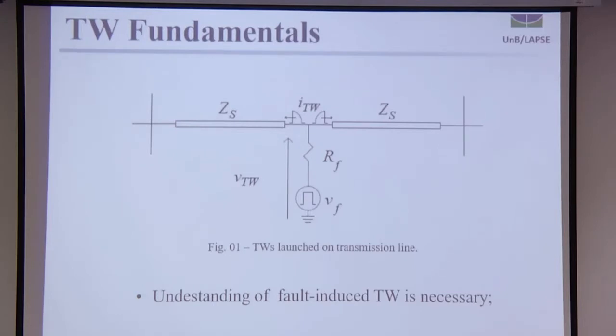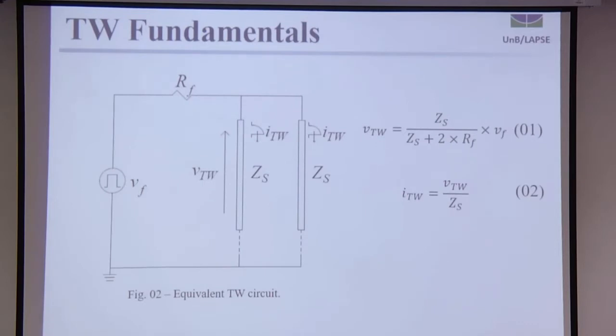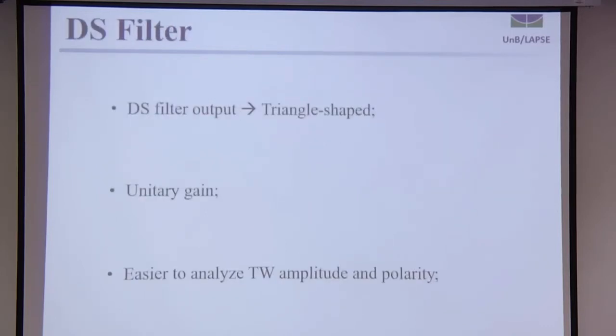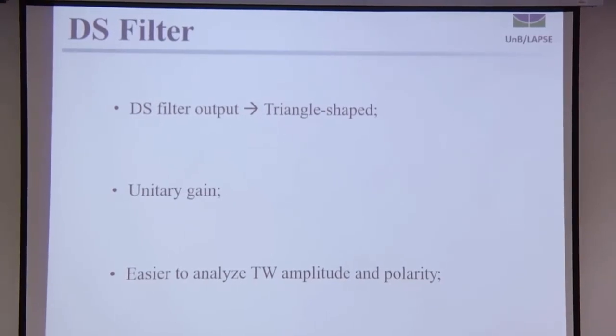In this paper, figure 2 presents an equivalent circuit that can be taken into account to calculate the voltage and current TW at the fault inception time. By equations 1 and 2, we can clearly see that the voltage TW amplitude can be calculated by the voltage divider between the fault resistance and the parallel of the line surge impedances. The current TW amplitude can be calculated by applying Ohm's law between the voltage TW amplitude and the line surge impedance. As soon as these TWs reach the monitored line terminals,